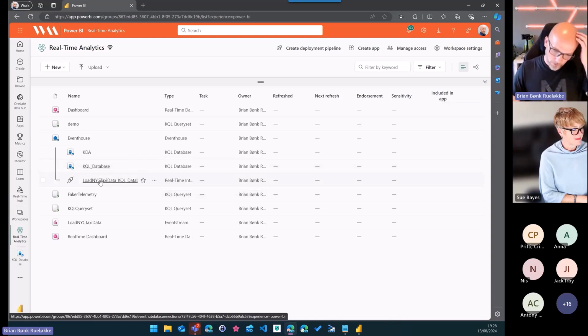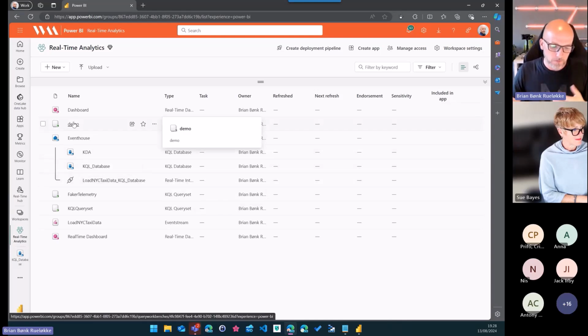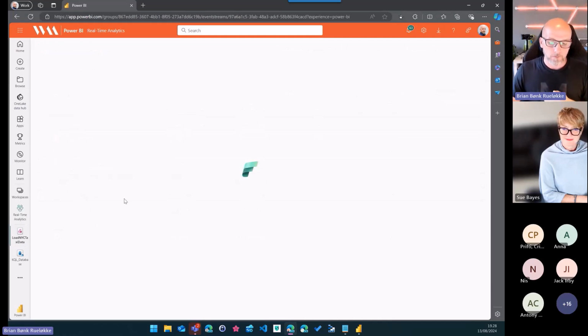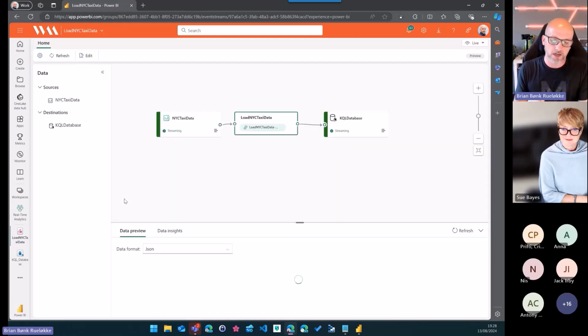I will also jump into a KQL query set, and I will show you how I have loaded all the data to this database. Last things first. Hopefully this will fly. There you go. I have created an event stream. This is not an event stream session, so just accept that I have built an event stream that takes the demo data set from Microsoft called New York City Taxi.